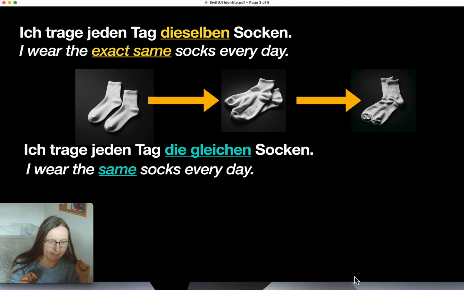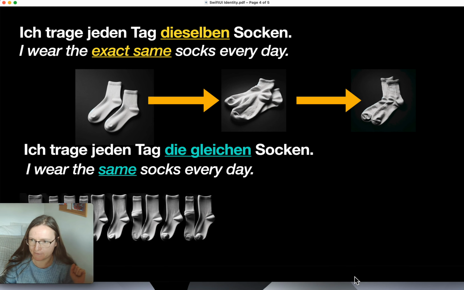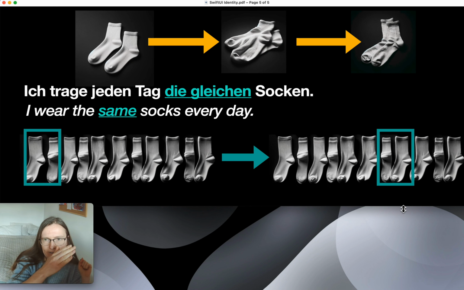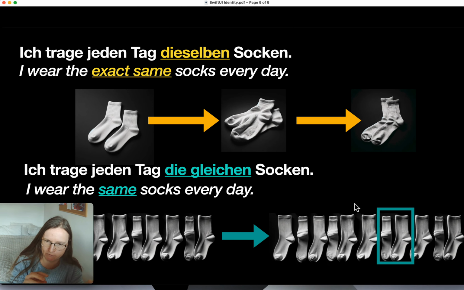In the other case, where I say die gleichen, I mean I have 10 pairs of the exact same type of sock, the same type of socks. Only that I switch every day to a new pair of the same type of socks. When I talk in English, I have a problem with the wording, what we mean by same